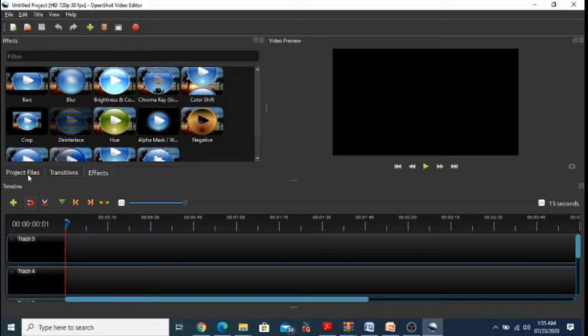Beneath these function tabs, you have this edit toolbar which lets you perform the trim action, snapping action, or it lets you add a marker and move between the applied markers.